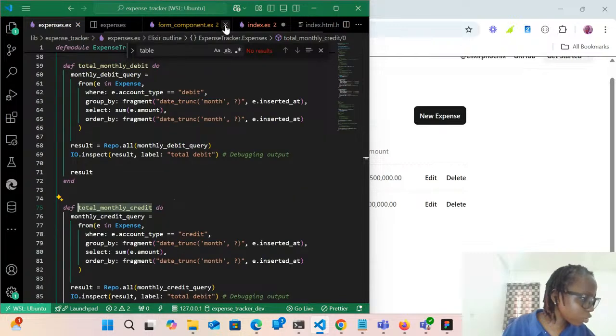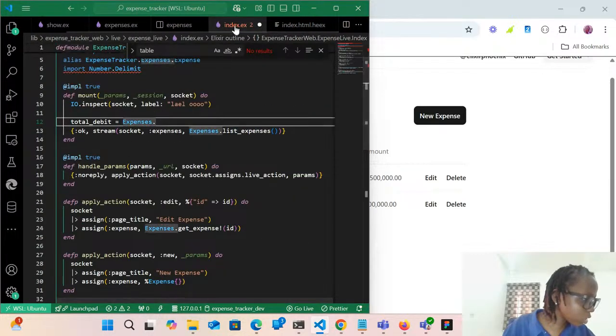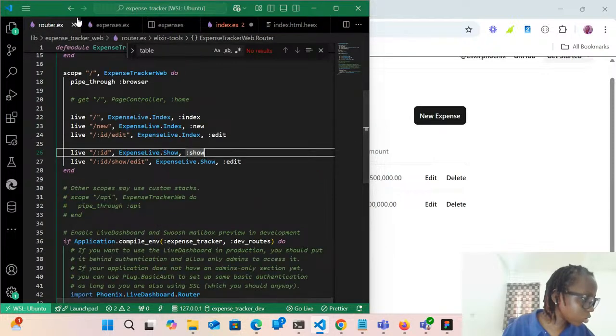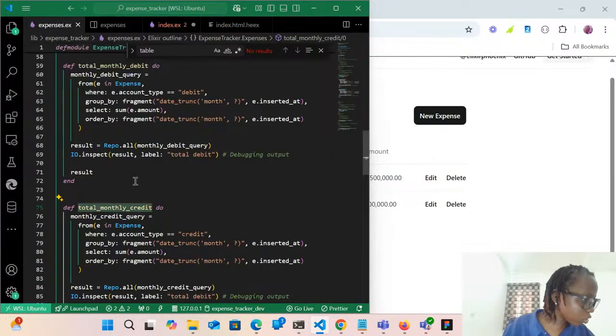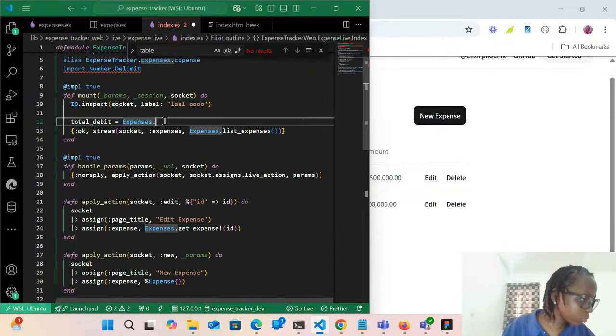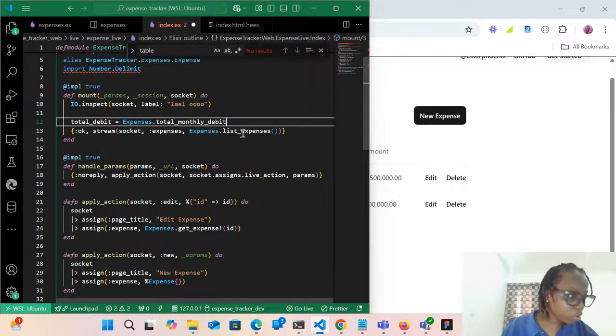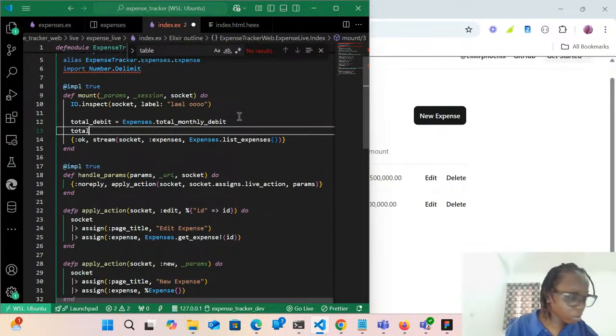Which one are we doing now? We said total debit. So let's close so many things. We can close the router. We're no longer using the router. So this will give us the total debit. The total credit is going to be